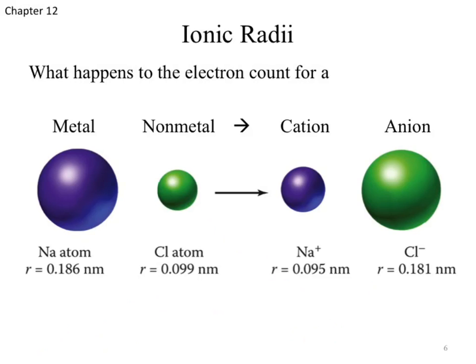So as we shift left to right, thankfully we picked a nice example here. Sodium is in what energy level? Also known as what period? Also known as what row? Our third row down. Where's chlorine? Same energy level. What happens as we move from left to right to our ionic radius? It increases. What happens as we go down a column?